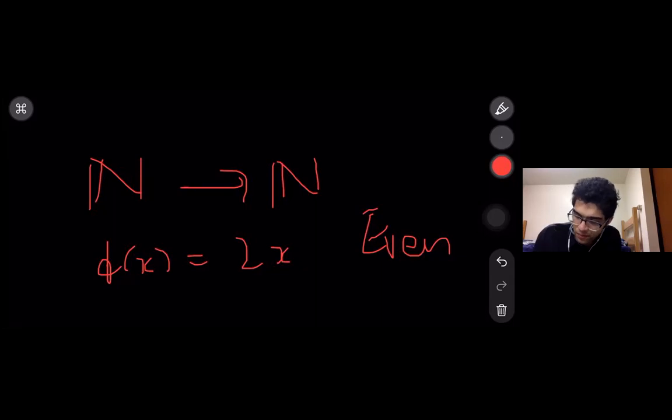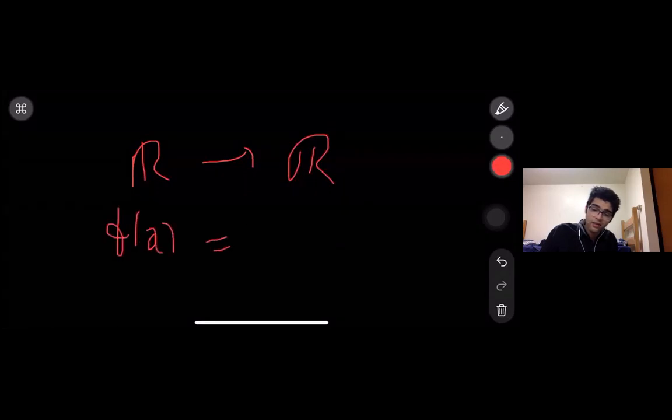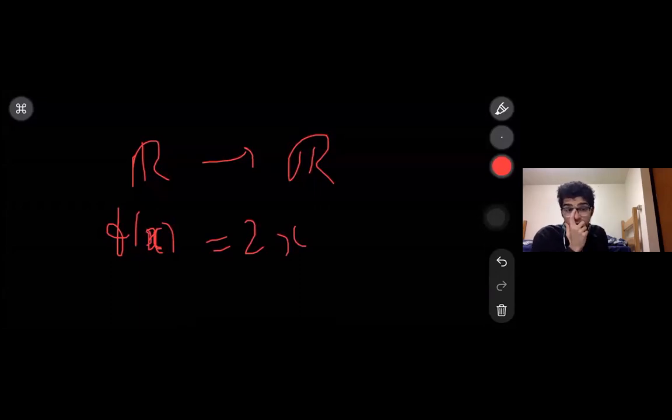Okay, here's an interesting question. In the previous case, when I talked about this function over here and I defined it like this, you told me that this is a one-to-one function, correct? You said that every number is mapped to one thing and no two numbers are mapped to the same thing. You also said that it's onto because every number has a pre-image, because you can divide it by 2. So it is a bijection, right? It's both one-to-one and onto. It's a bijection.